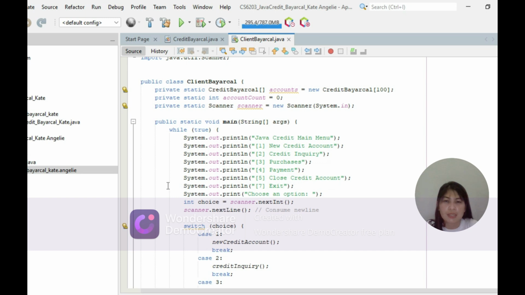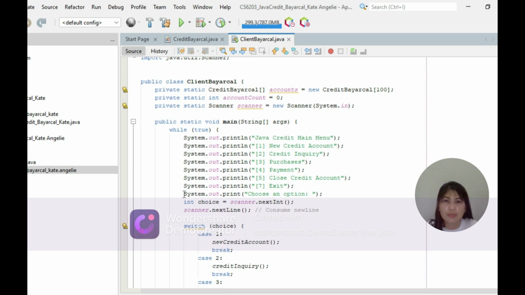And then the next is System.out.println for option 4, the payment, and then close quote, close parenthesis, and the semicolon. So lastly is System.out.println, option 5, close credit account, close quote, close parenthesis, and then semicolon.